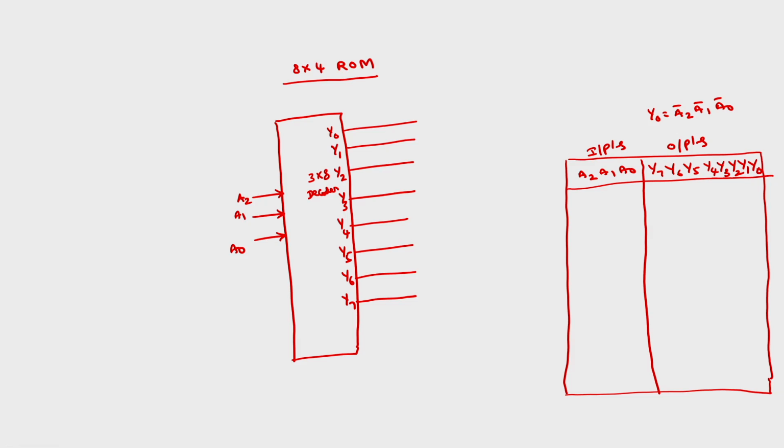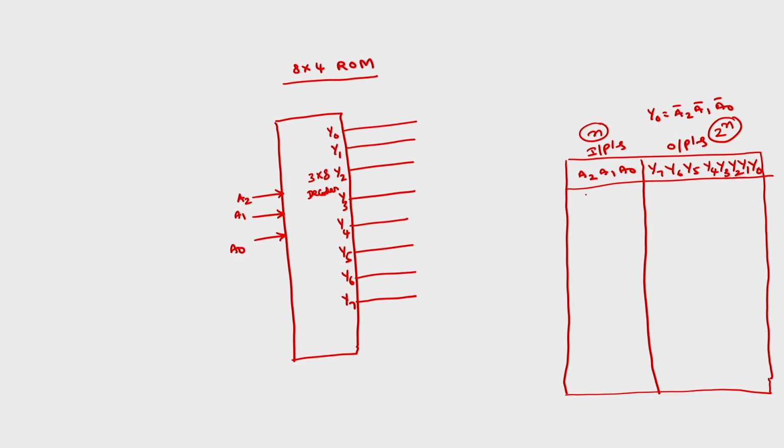So decoder is a combinational circuit with n inputs and a maximum of 2 raised to the power of n outputs. In some cases they can be less than 2 raised to the power of n outputs also, like in the case of BCD to 7 segment display. BCD is 4 bits, 7 segment display is, as the name implies, 7 outputs, which is less than 2 raised to the power of 4. But in general the decoder will be having n inputs and a maximum of 2 raised to the power of n outputs. For each combination of the inputs, one of the outputs is selected.